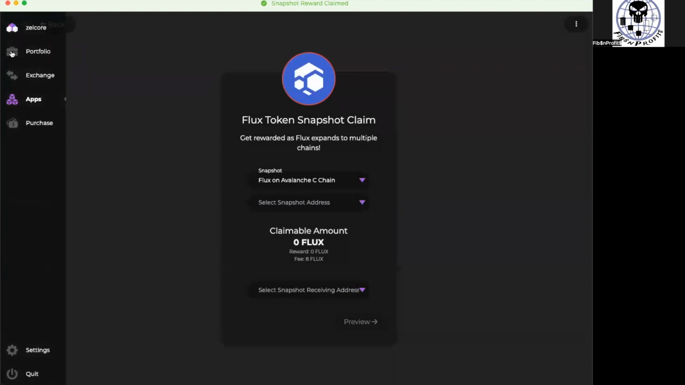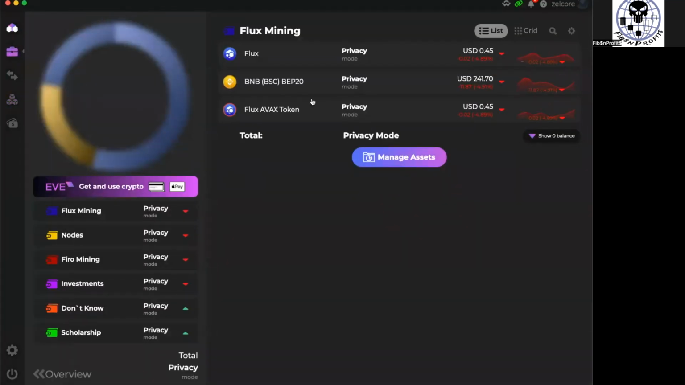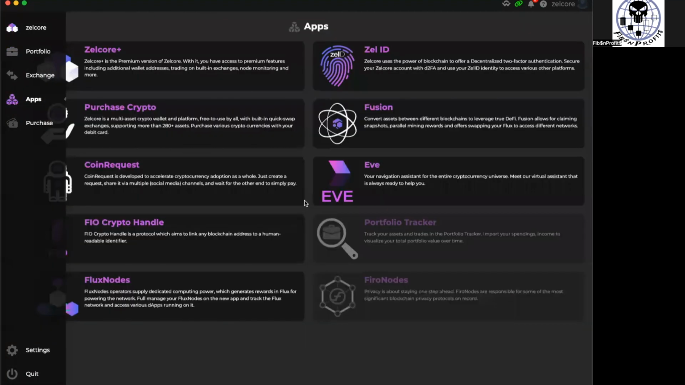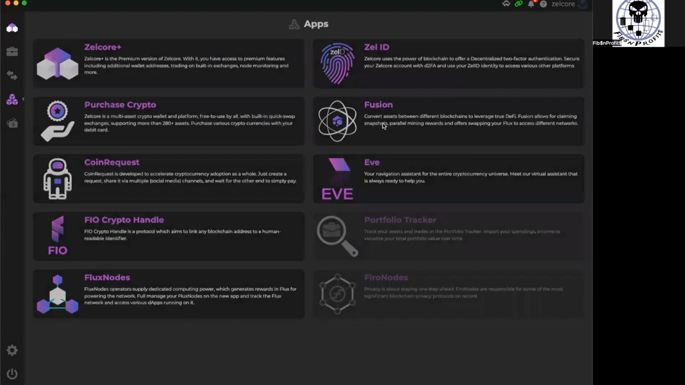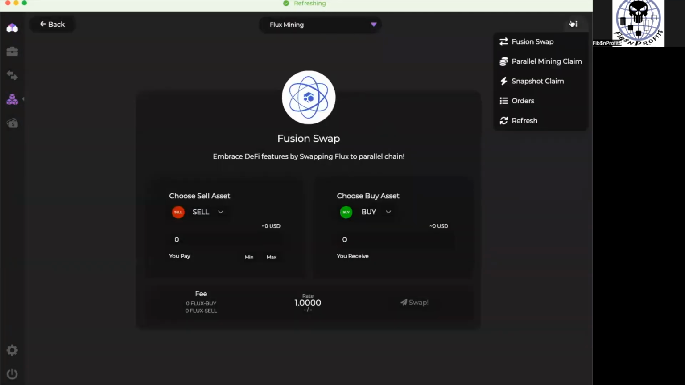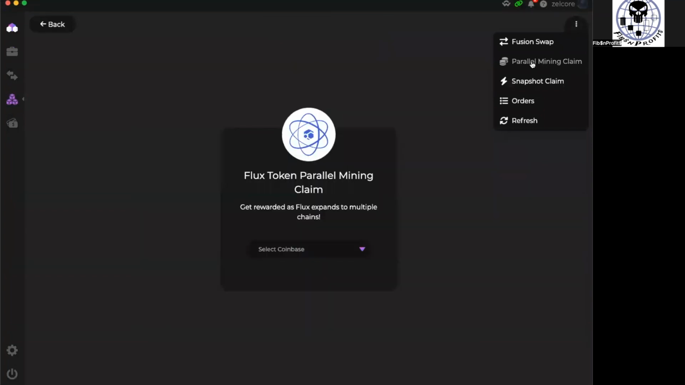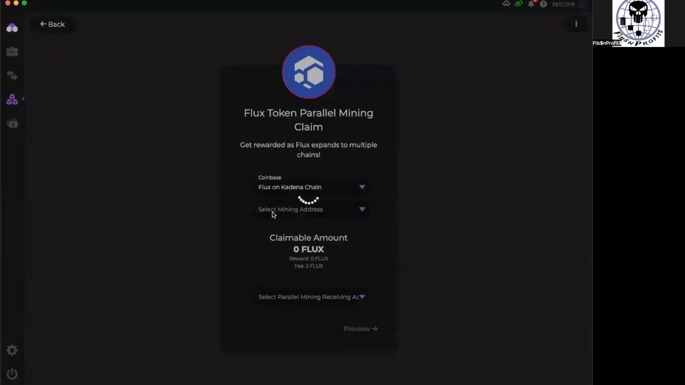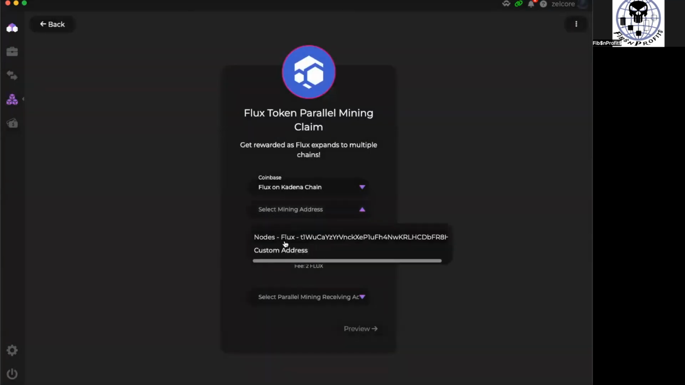So once I get to that portion, I'm going to wait for this to pop in, right? I'm going to show you real quick. Going back to apps, how to claim your parallel assets: when you come to Fusion, you come to parallel mining asset claim, all right? And what you're going to do is, if I click on Cadena, you'll see that I have